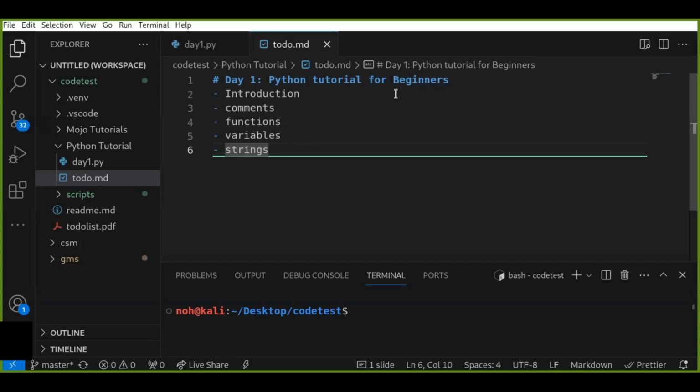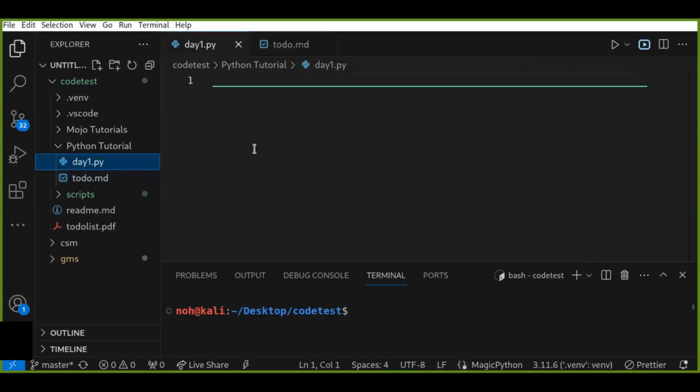So the first thing in starting a Python program is that every programming language has its own source extension to identify the type of the program. For example, let's create day1.py. py is the source extension for Python programs, so the interpreter can understand that this is Python. So everything written inside this